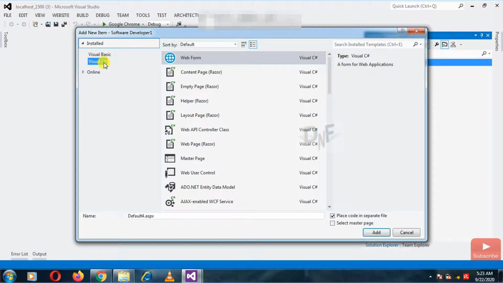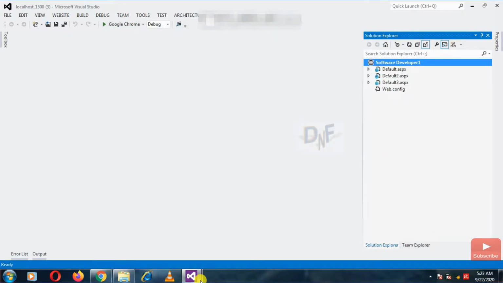We can add both types of files in a single website project, and it does not create a problem when we execute different language files in a website. But in a web application we have only a single language option, because the project file is associated with a particular programming language. These are some advantages and disadvantages of the website project and the web application project.